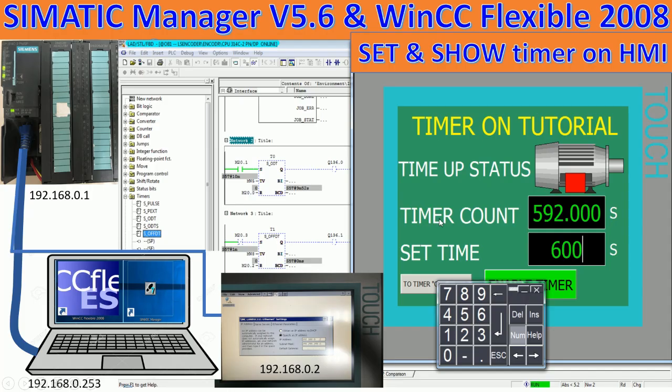Today I would like to show and share how to use the Simatic Manager and WinCC Flexible 2008 software to set and show the timer on HMI by using PLC S7-300 CPU 314C 2PN/DP that includes